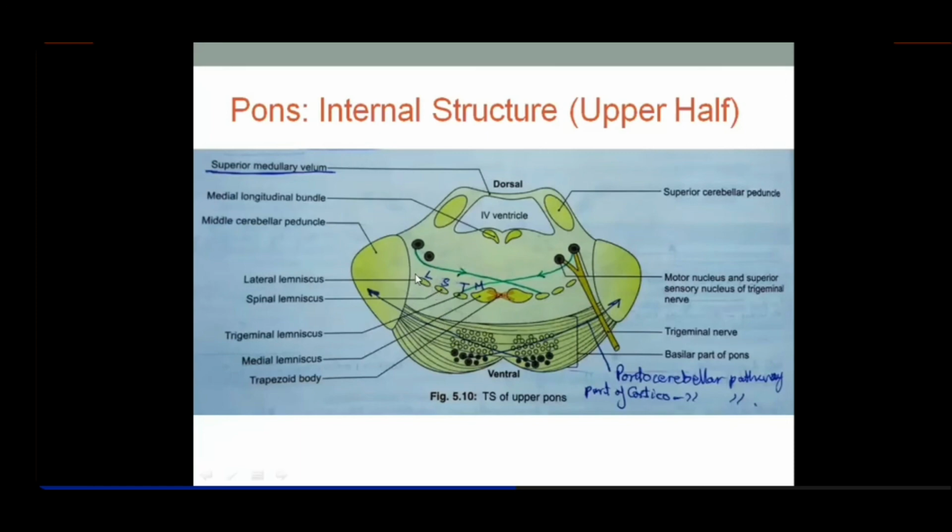And lateral lemniscus, I just told you that lateral lemniscus will be formed by the third order sensory neurons from the superior olivary nucleus. This is a part of the auditory pathway. That is why I told you L for lateral, L for everything laterally; most of the relations are with the auditory ear and vestibular pathway, so you will remember L. L is for auditory pathway. So lateral lemniscus is the third order neurons from the superior olivary nucleus reaching up to the medial geniculate body. So this pattern is MTSL.